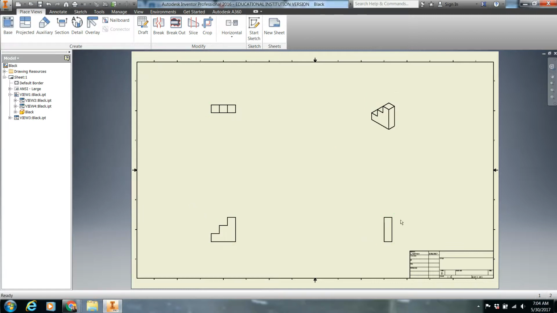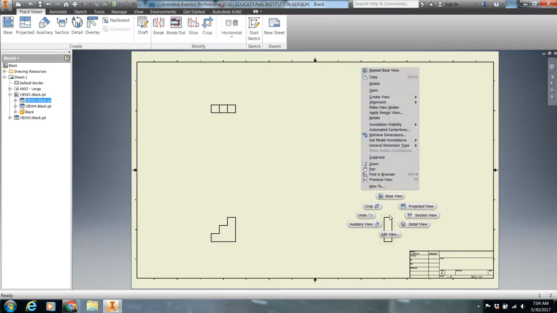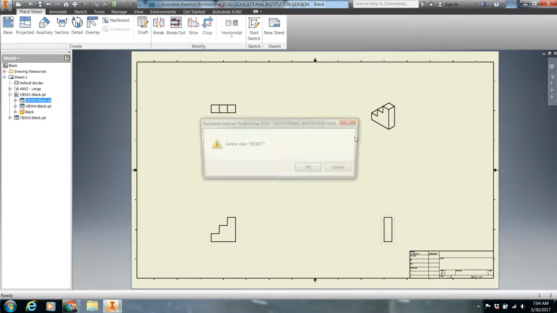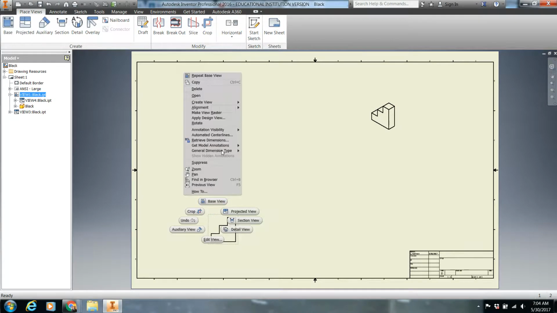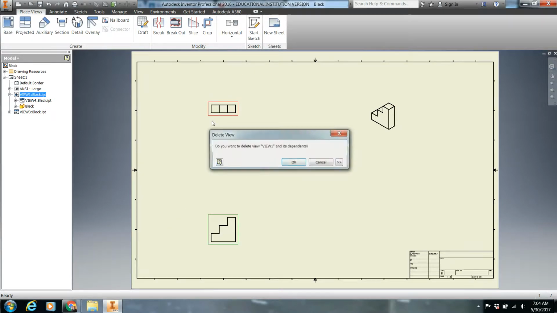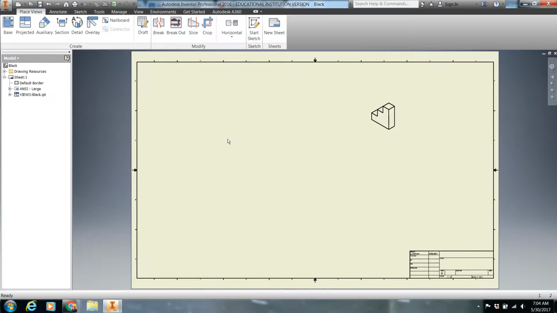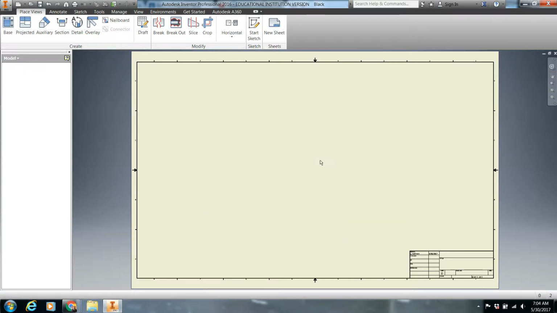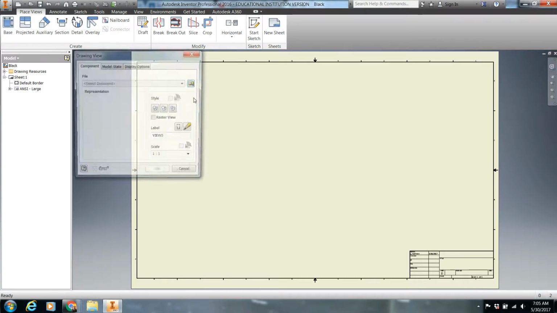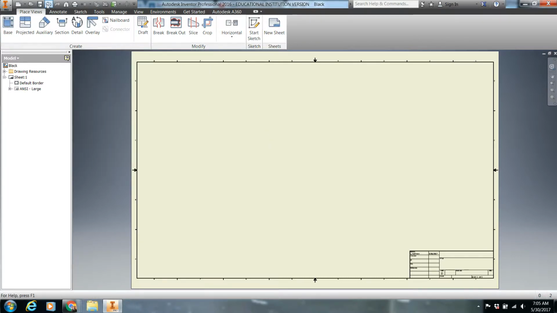If something is messed up, you didn't do it right, you can simply right click and delete that section. Or right click and delete, and it will delete all the projections, or you can delete that part. Now we can put all of our drawings back in there. I'm going to undo what I just did